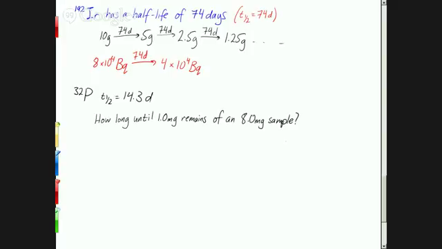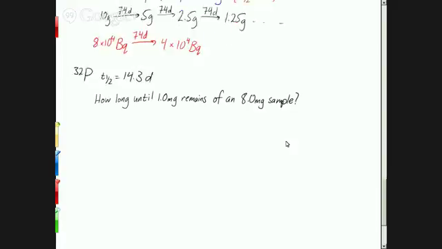What do you think? How do you think you could figure that out? Yeah. Half of that. Right. So that's the easiest way to do these problems. If you're not, which we're not going to get into in this class, is just to keep cutting something in half and figure out how many half-lives that is. So we start with 8. After 1 half-life, we go to 4. After 2 half-lives, we go to 2. And after 3 half-lives, we go to 1. So 1 milligram remains